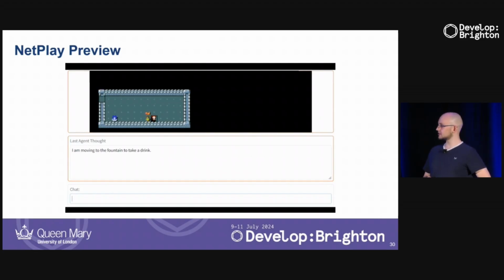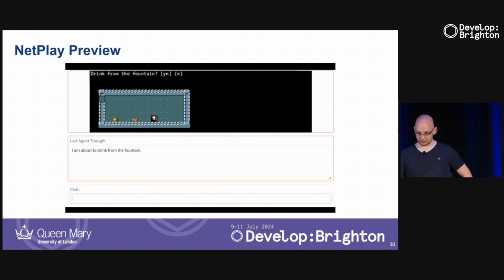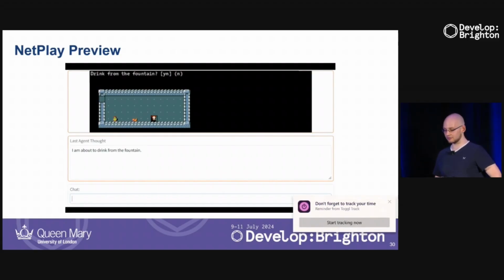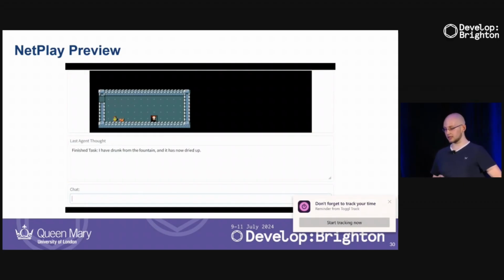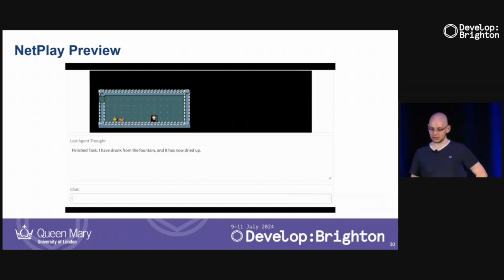And then it finally decides, okay, to actually drink from the fountain, I first have to walk to the fountain, which it then does. And the next thing it's of course going to do is use the drink action. And finally, this prompts the game to ask you, are you actually sure you want to drink from the fountain, which can be very dangerous, usually, in this game. But in this case, it succeeds, and we drank from the fountain, and it works. Perfect. Sorry about the pop-up. I'm not sure why that happened.